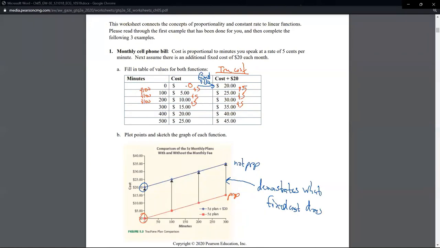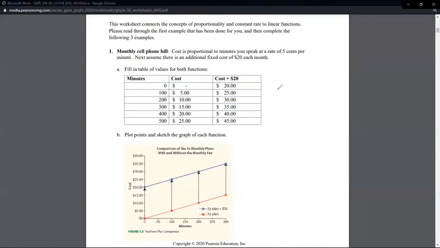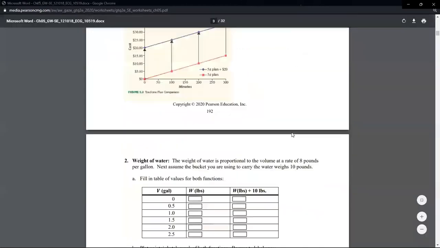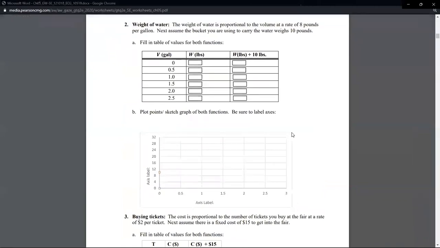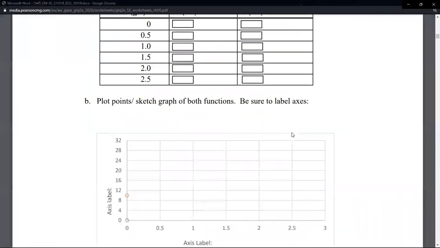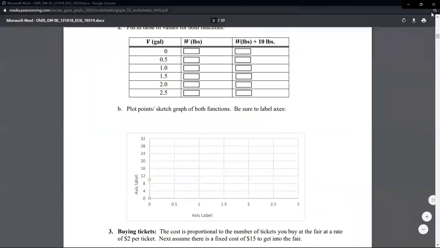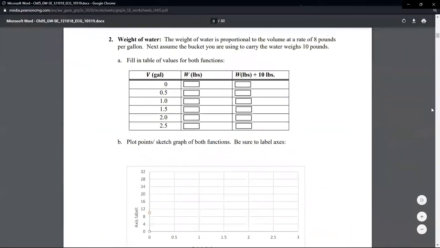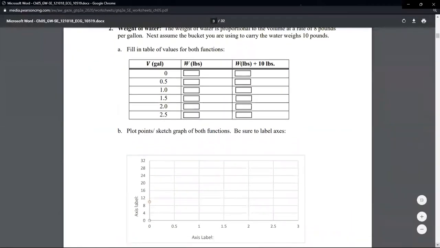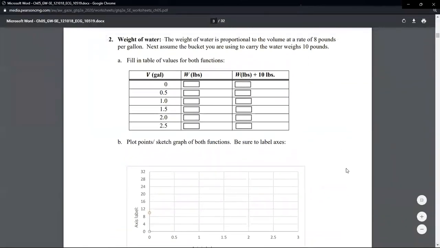All right. So now that we've seen an example, let's try out one. Let's see if we can actually do this on our own. Can I zoom in? That's too far. That is just right, it looks like. All right, I'll scroll down a little bit in just a minute